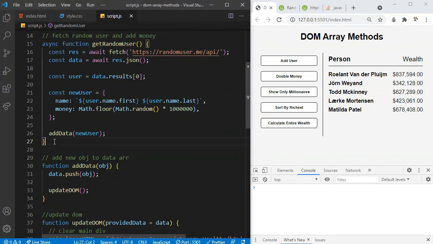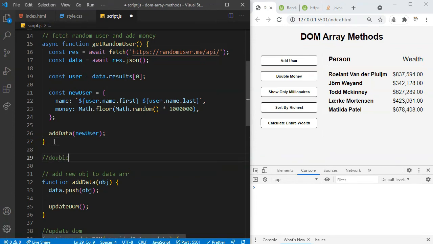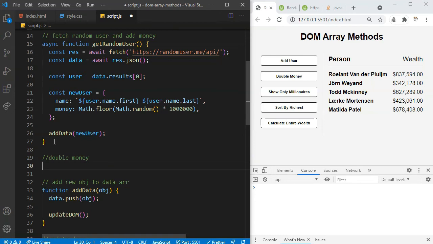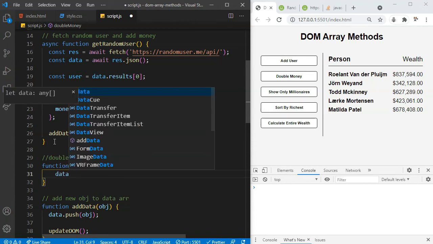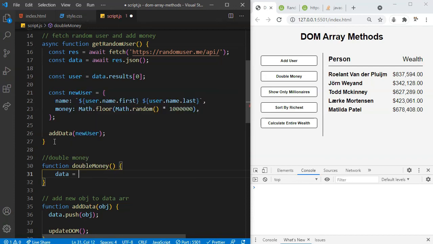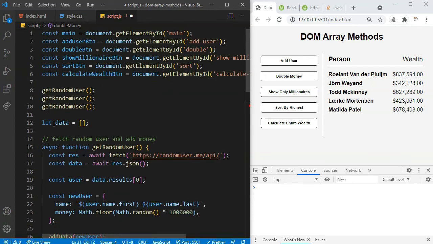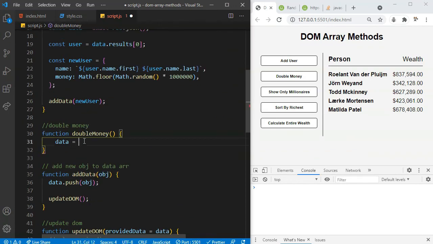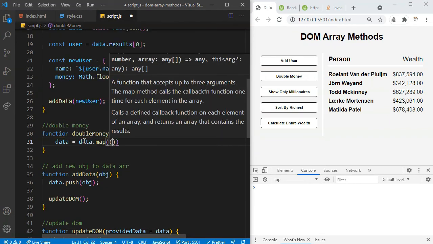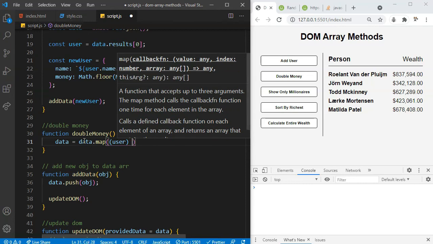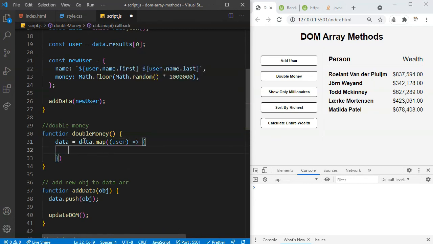I'm going to define the function over here. The function is going to say function doubleMoney, and here we are going to use the map array method. The map array method returns a new array, right? So here I will directly say data, since it is stored using a let data, so that I can directly modify it. Here I will say data.map on that array. I'm gonna get each user. I'm gonna map on each user and grab or return